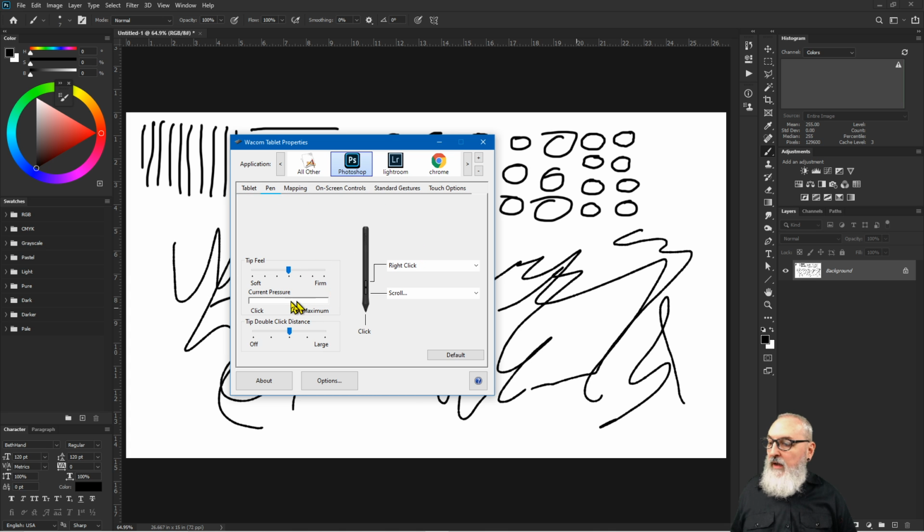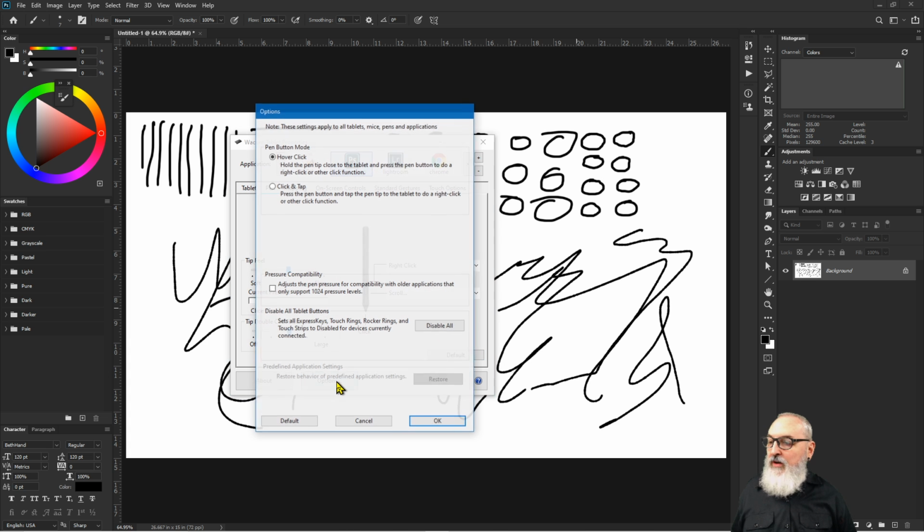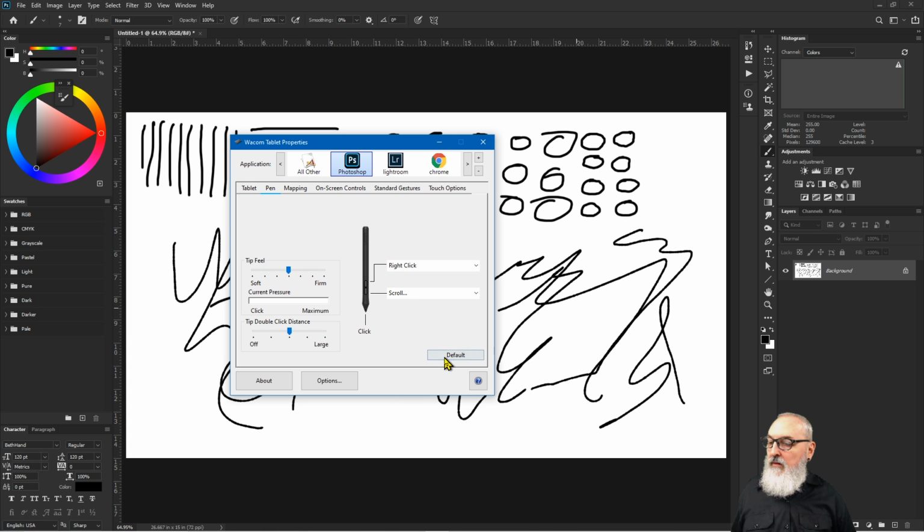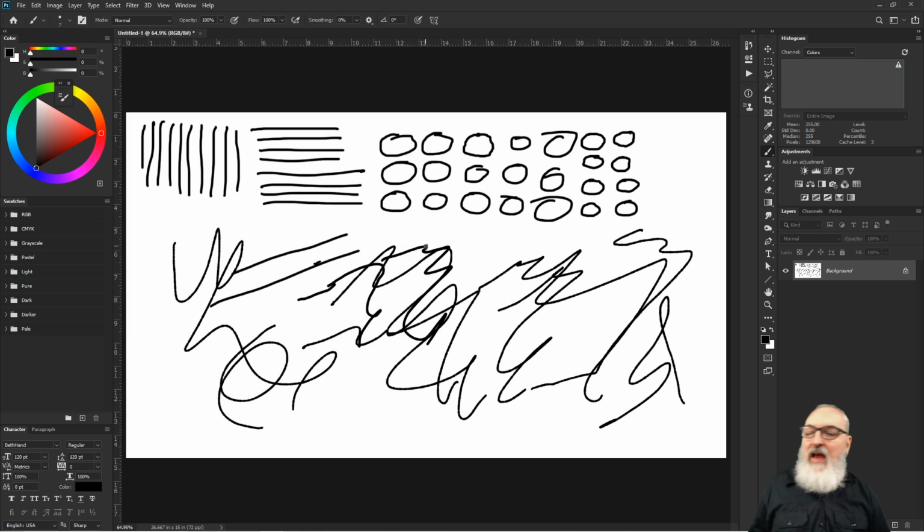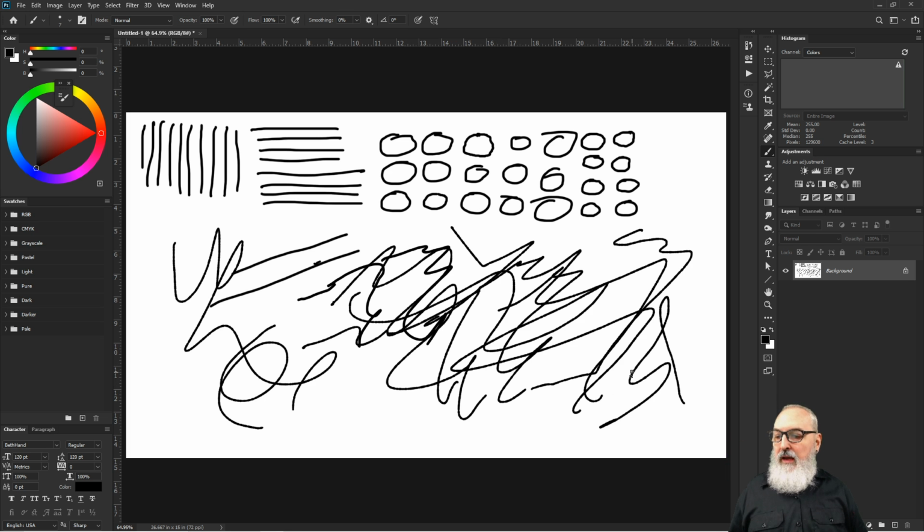For some reason, my pen pressure is not working with Photoshop. I'm going to have to troubleshoot this. Default. Okay. Like I said, I'm not going to spend a lot of time. It's probably a setting somewhere here in Photoshop. And I'm not going to waste your guys' time trying to problem solve it. But